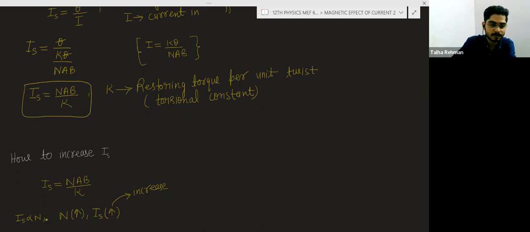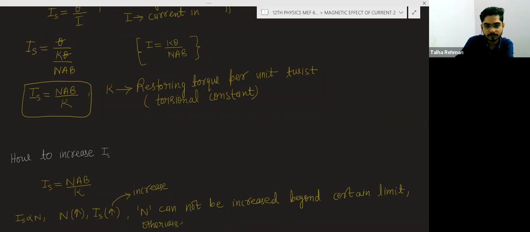So you can say here, N cannot be increased beyond certain limits. Otherwise, the galvanometer will become